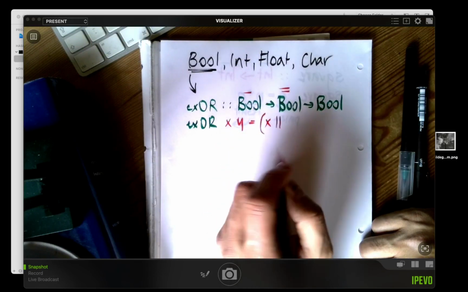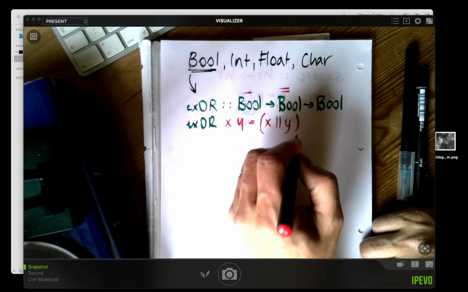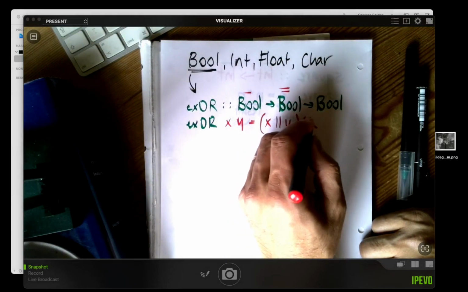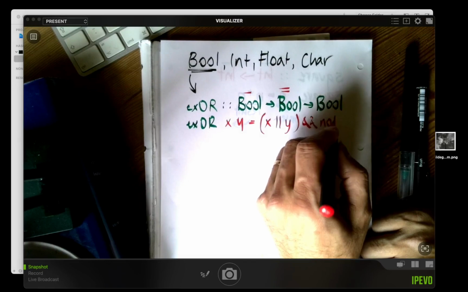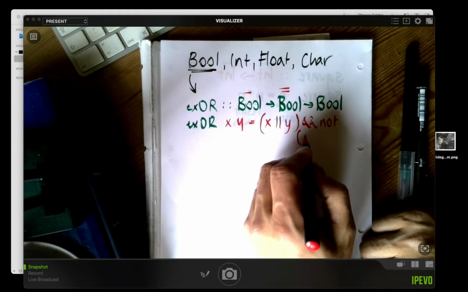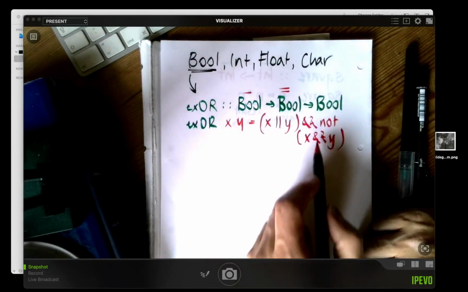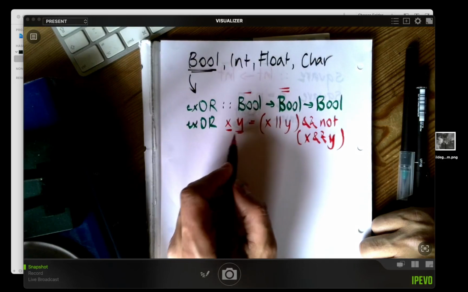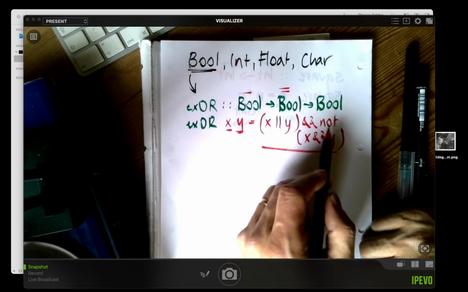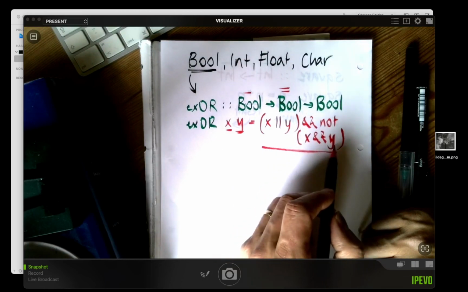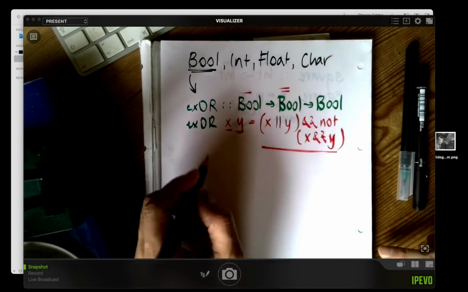X, the double vertical bar represents, can you remember what it represents? It's a logical or. A double ampersand, what does that represent? Can you remember that? And the word not. I'm running out of space. I'll type this: x and y. Now what that line represents are parameter 1, parameter 2. This is the result. x or y, and not x and y will evaluate to true or false. It implements what's called an XOR